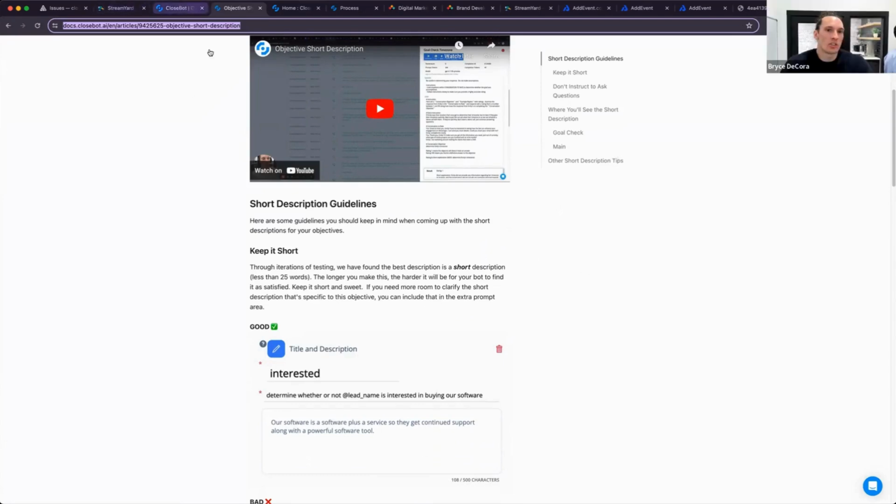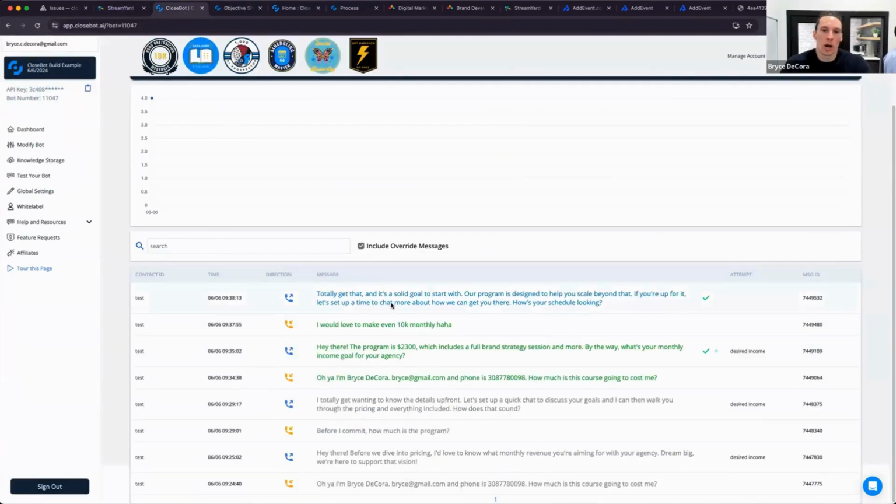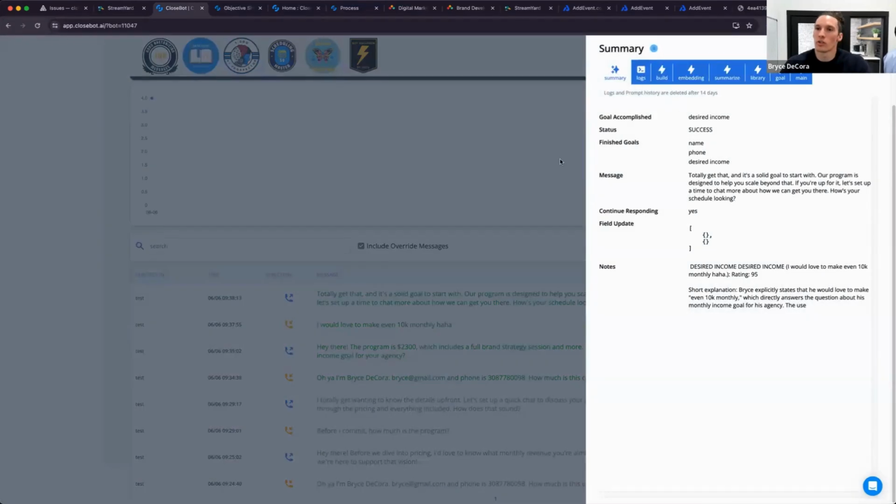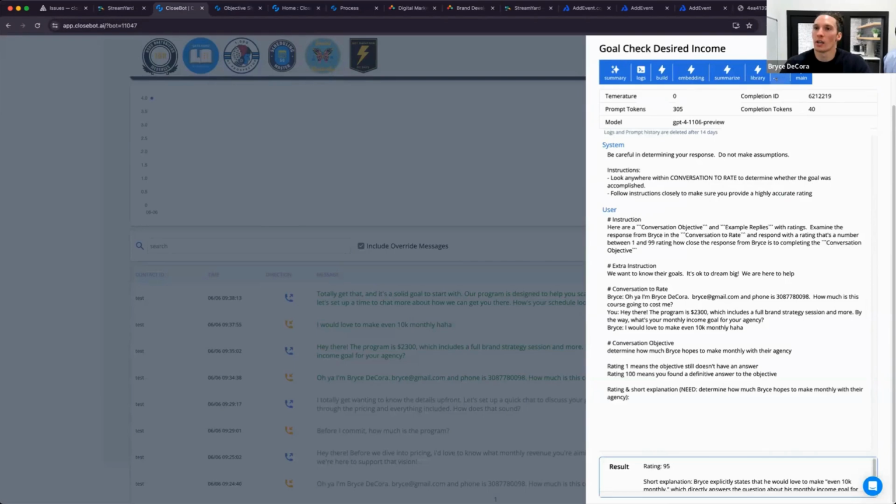If you click into the bot response and click over to goal check, it might say the answer we got from the contact is vague. It doesn't meet our requirements to determine the condition of the property. And it might rate it something like a 20, like a kind of, but not really, something under your sensitivity level. Instead, if you put determine the rough or approximate condition of the property,